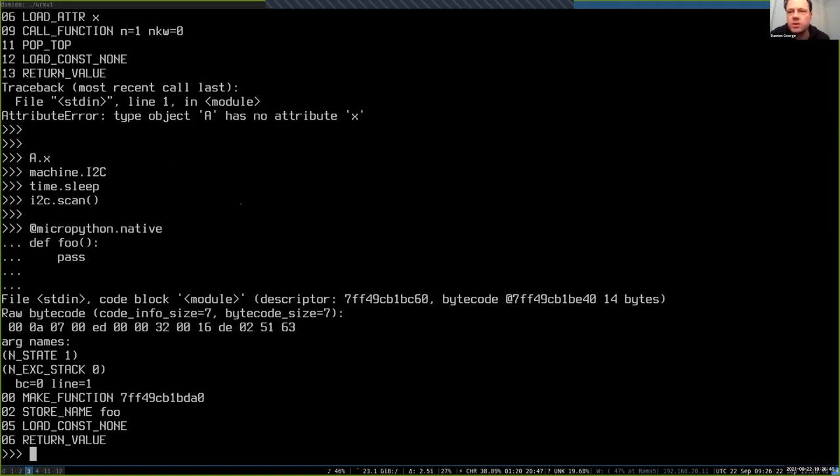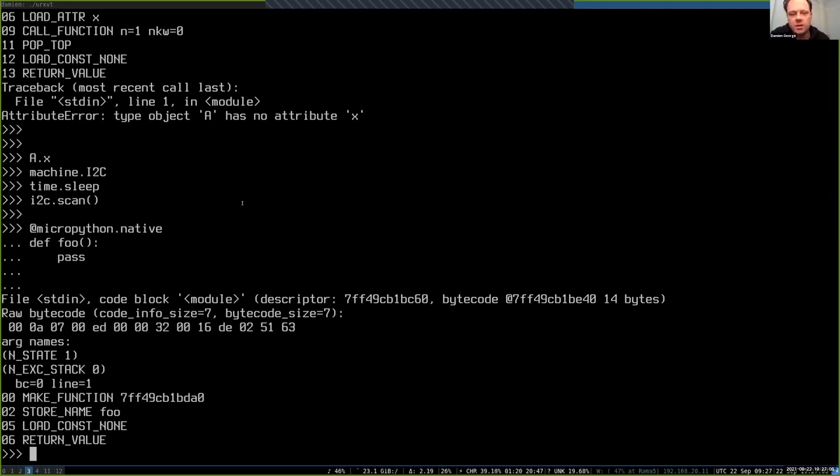It uses less memory because you use a fixed amount of memory. You just say, okay, I'm going to use 128 bytes to store my cache. And so no matter how many modules I'm loading, it's only going to be 128 bytes of cache. And it also means now that the bytecode that we compile for the Unix port and bare metal ports can